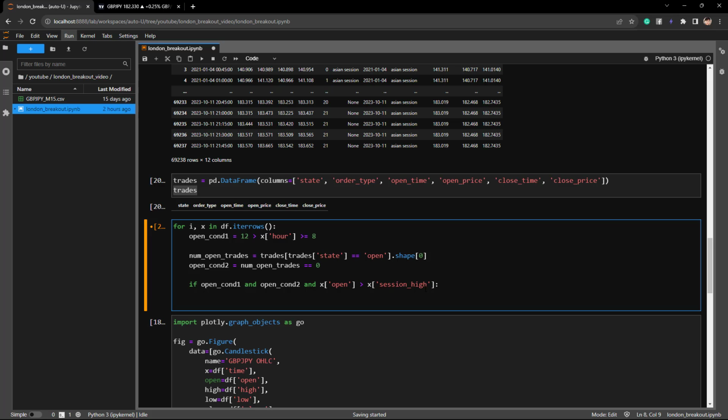And to add a new row into our trades data frame, we can use this syntax. We take our empty trades data frame currently, and then we locate the last row, which is the length of the data frame. And then we will want to assign values to all the columns. So I will specify columns here. And all we have to do now is assign a value for this new row that we're creating. So the state of the trade is open